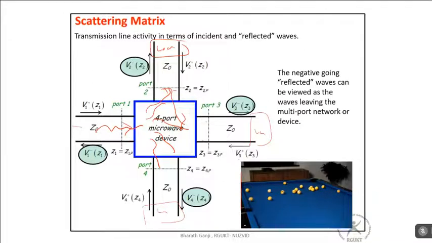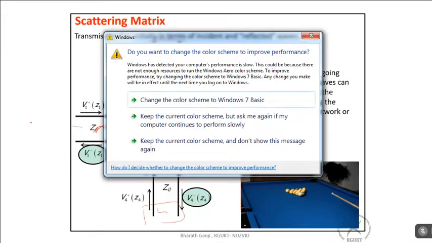Or if I know how the waves behave, what this port does to the waves, if I have that idea also, then also I can analyze how much power is delivered to these loads. So basically what you are looking at here is a wave entering into this microwave network and it is basically scattered around. Or you can think of it like this: you take a box,